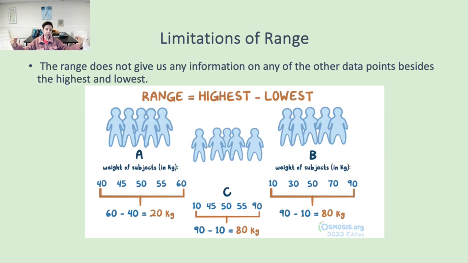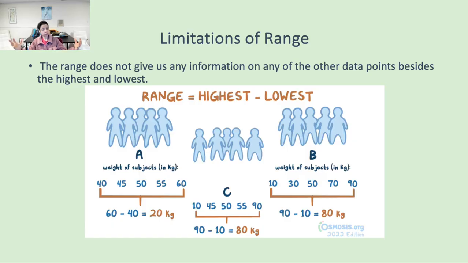and that gives us the actual spread of our data points, right? So in this example, we have 3 populations, and we have data on their weights. In data set A, the lightest person weighed 40 kilograms, the heaviest person weighed 60 kilograms. So the range was 20 kilograms. In population B, the lightest person was 10 kilograms, the heaviest was 90, so our range was 80 kilograms,